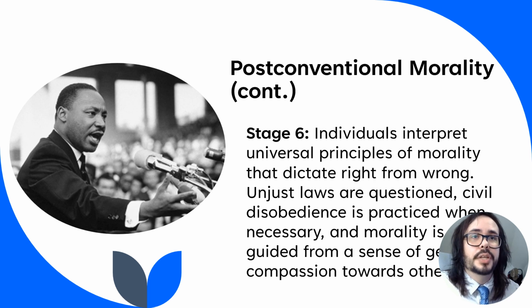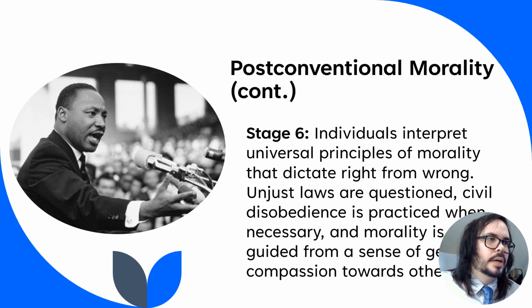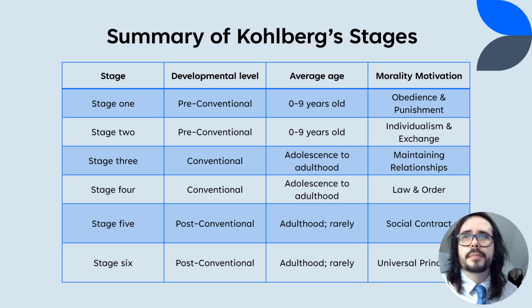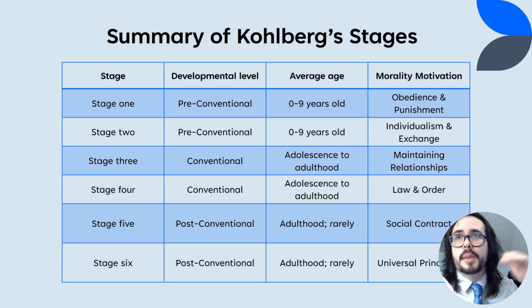Without getting off on too much of a tangent here, post-conventional morality, it's a willingness to do the greater good for others while putting yourself potentially in harm, right? It's a very almost martyr-like position sometimes, yeah. And then finally, just a brief summary of each of the stages here, and the average age of where people are or would be in that stage. Obviously, subject to change. Some people stop at a stage, right? So this is just a general outline of what this looks like.